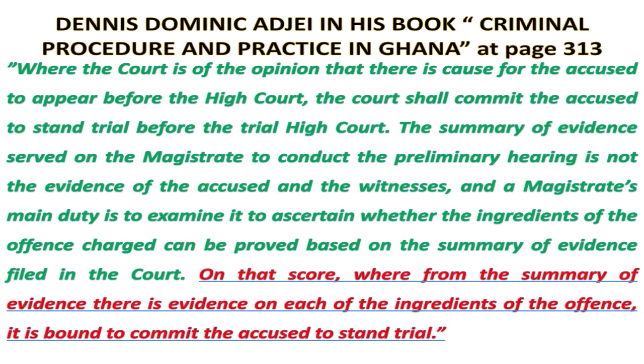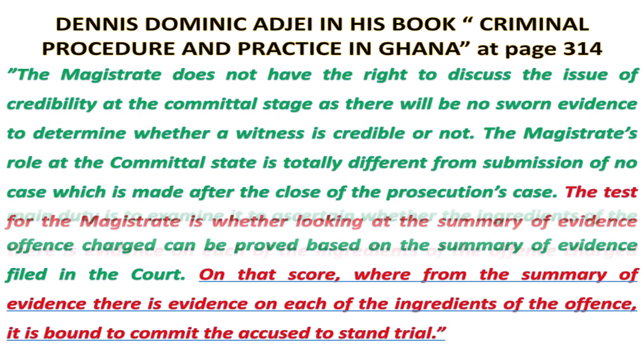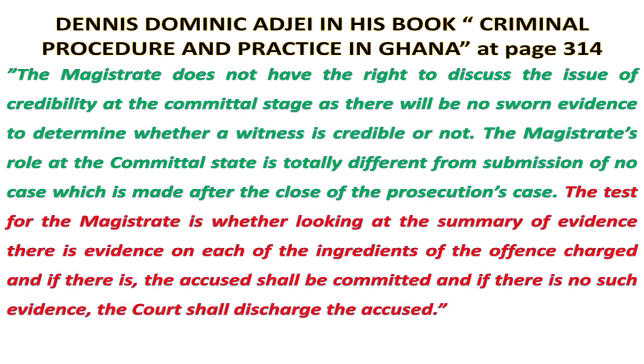But what if, for example, you charge the person for murder, and at the district court, you've not been able to even show that there's a dead body? All the witnesses, none of them are showing that they've seen any dead body. How would the court even know whether to commit the person for trial or not? In that instance, one of the essential elements of murder has not been established. Or you want an autopsy report that will show the cause of death, linking it to the accused person, and you don't have it. So if you read the same book at page 314, this one the learned author says,